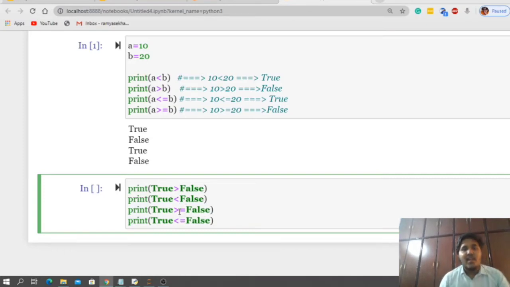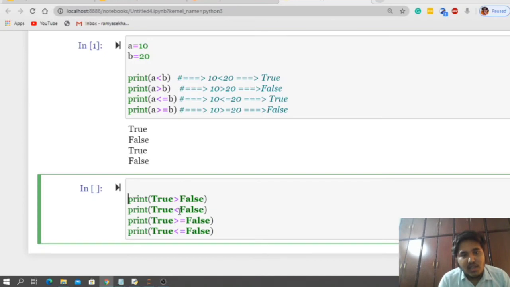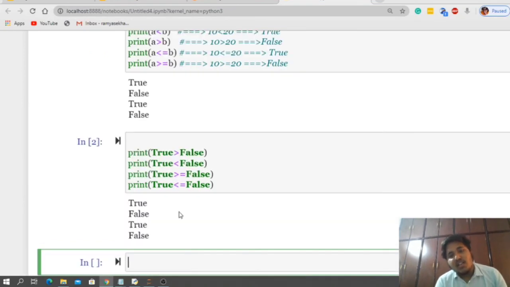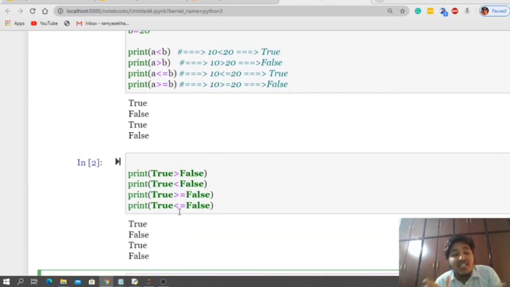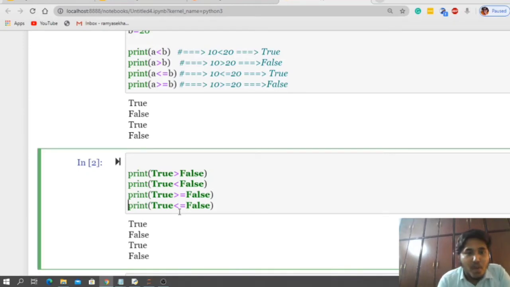See here guys, now let us check whether we can put the comparison operators between booleans or not. For boolean, is it possible or not? Let us check it now. Yes, it is possible. So what is exactly happening here? Is true greater than false? We need to know about that, right?